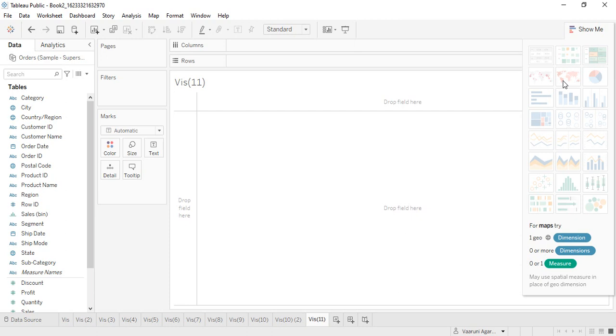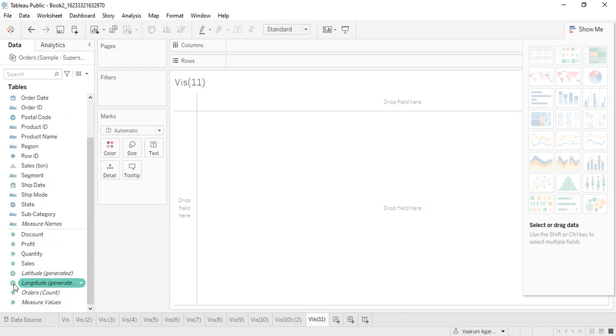There is one simple way to identify those, and that is this earth symbol. If you go to the left side of your Tableau screen, in this measure values section, you see city is represented by this earth symbol. That means Tableau automatically recognizes these values as location values, and if we want, we can use them to pinpoint locations onto the map. Similarly for the country or region values, the postal code values, and the state values as well. As far as latitude and longitude are concerned, these two are also represented by this earth symbol.